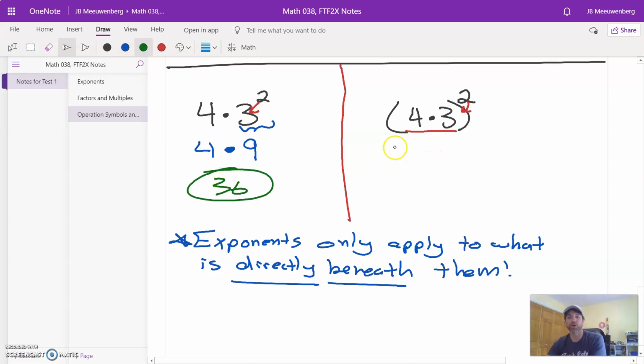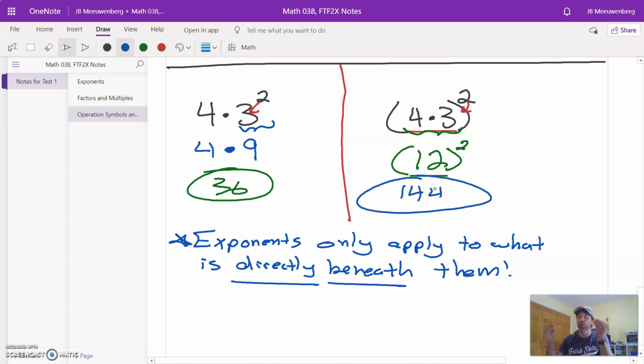In this one, we have to do the grouping symbol first. 4 times 3 is 12. And now the exponent applies to this number. 12 squared is 144. Okay, so keep in mind, when you're doing an exponent problem, the exponent only applies to the thing that is directly beneath it. It might be a number, it might be a parenthesis, right? So pay really close attention to